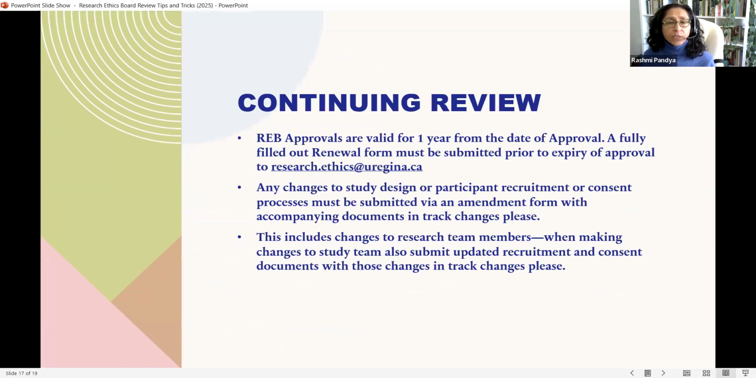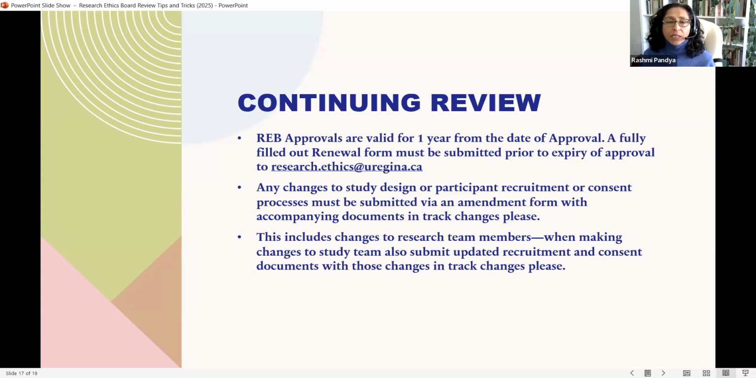Continuing review, really, really important. REB approvals are only valid for 1 year from the date of the approval. A fully filled out renewal form must be submitted prior to the expiry of the approval. Any changes to the study design or participant recruitment or consent processes have to be submitted via an amendment form,